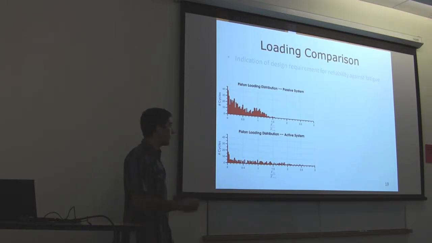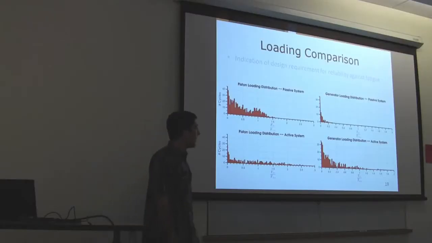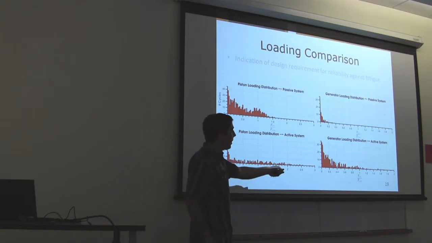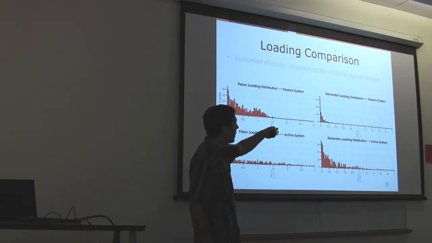And that makes sense when you think about the forcing profiles that you saw earlier, how the square wave, or the accumulators, they limited the forcing on the piston side. And then on the generator side, we see almost an opposite phenomenon here. Well, not opposite. Well, we have higher number of cycles for the active system versus for the passive system, and that makes sense